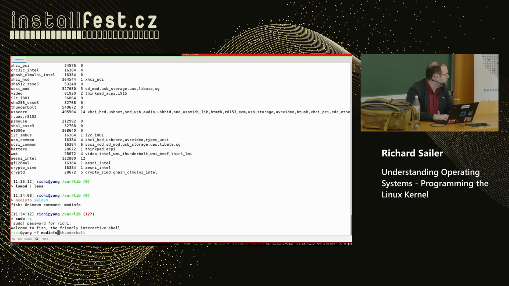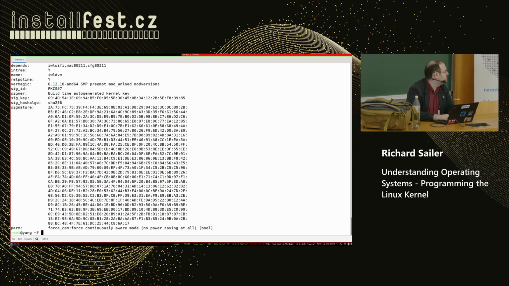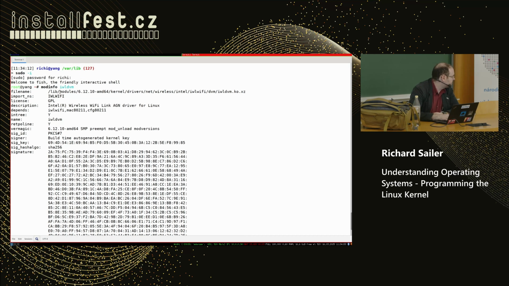So we can do modinfo iwlwifi, and it does tell me a lot of stuff about this module. It also tells me that modules are signed, so this is important for security reasons. So all my kernel modules are signed from the Debian people. So the kernel running in my kernel space is usually clean, and at least Debian says, yeah, that's cool. And I did hope, here is also the path where we find these things. It seems they have moved it sometime. It's in lib modules. And then we have specific to my kernel version.